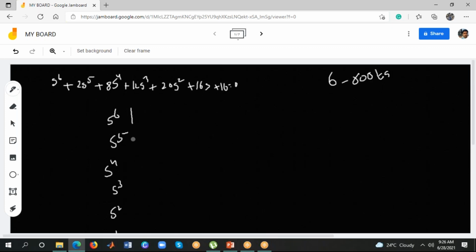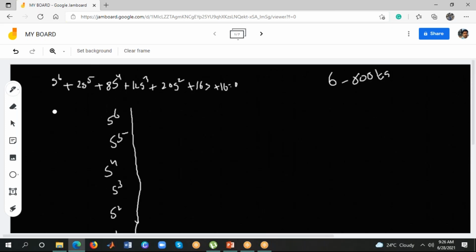If you see the equation, the highest order is an even number, right? So you will get the first row with respect to the even coefficients and the second row with respect to the odd coefficients. The even coefficients are 1, 8, 20, 16. The second row is formed using the odd coefficients, that is 2, 12, 16, and here you will get 0. So you can simplify by dividing by 2, giving 1, 6, 8.